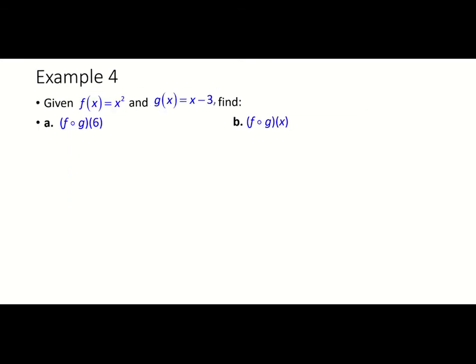Okay, so what we're going to start with here first is f composed with g of 6, or I'm going to do b first because I think it's a little bit easier to look at it that way. So we have f composed with g of x, and because f is first, it means that I'm going to take my f function and put g in wherever there's a variable. So really, where x is, I'm going to plug in g. So f composed with g